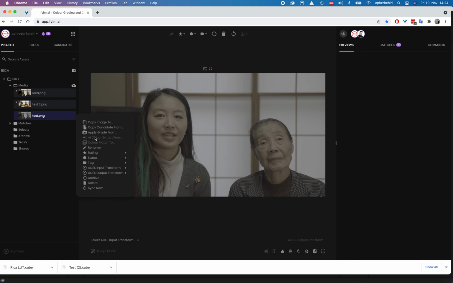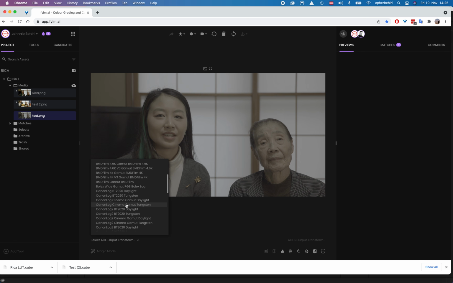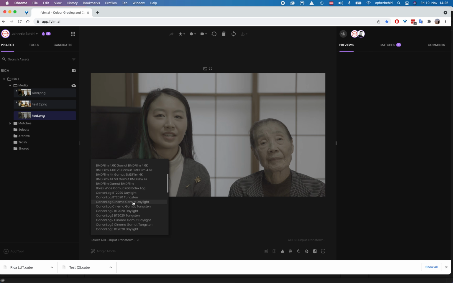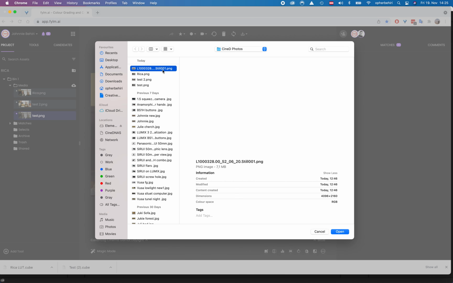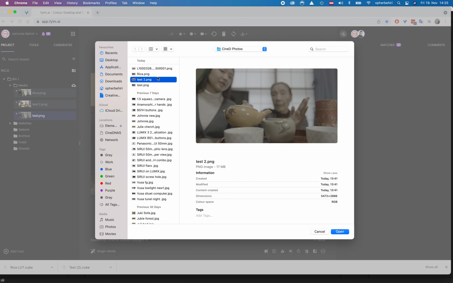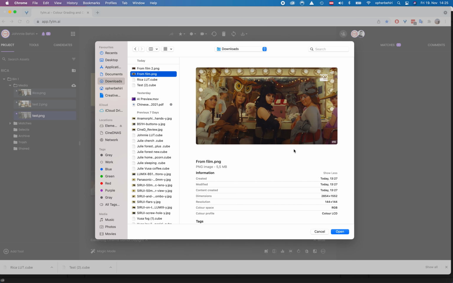So what I need to do is, first of all, I need to apply again what camera I'm using, and that was the Canon that I used here, daylight, and then sRGB. Now, the next thing is that I have to bring the picture of the film that I actually want to emulate or simulate. One second, let me see where it is. I think it's this one.